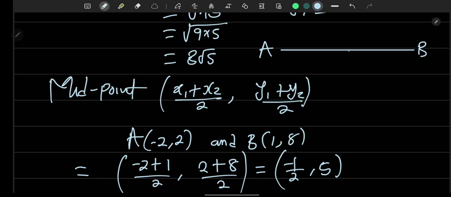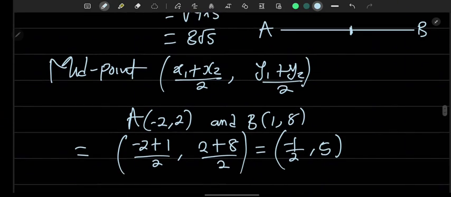So we are now looking for a point that is exactly in the middle of the line. And the point we just got is (-1/2, 5). And that is the midpoint of the line AB. Okay,